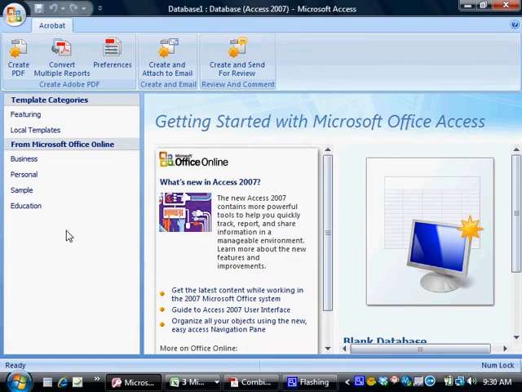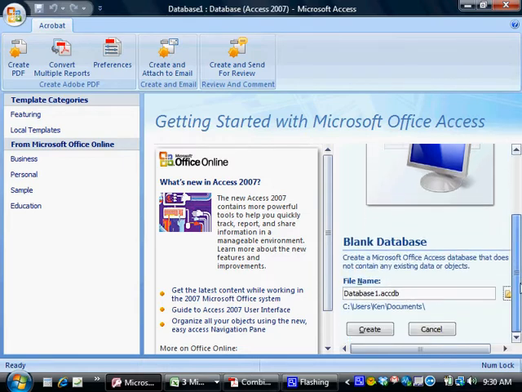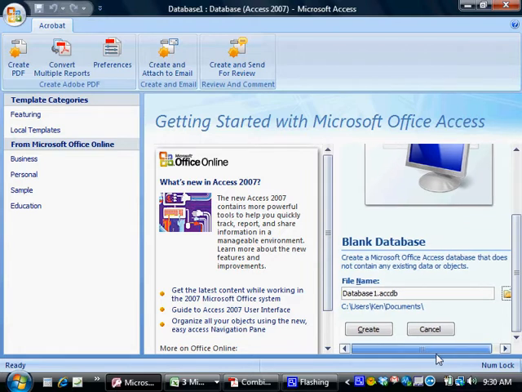Let's get started by creating a database that we can import our Excel data into. All I've done here is click on the icon for Microsoft Access and open the program. This is the introductory screen that you see. And what I want to do is come over toward this right area and get this blank database create